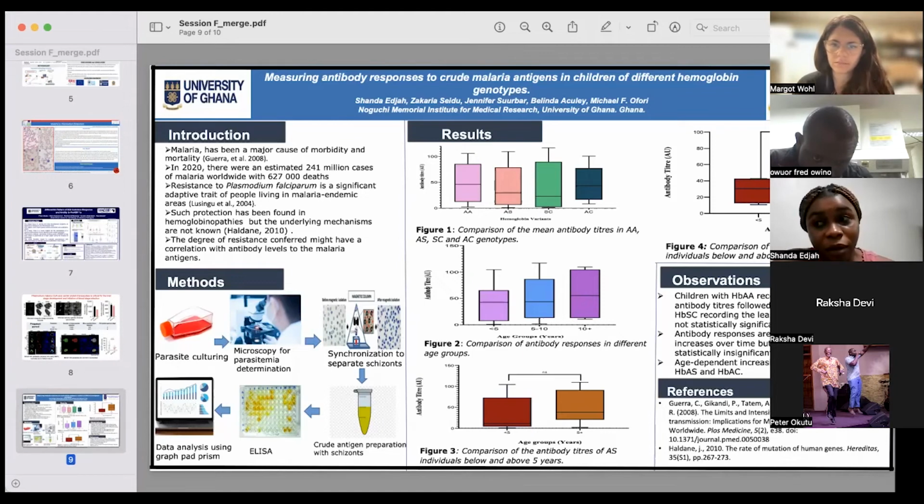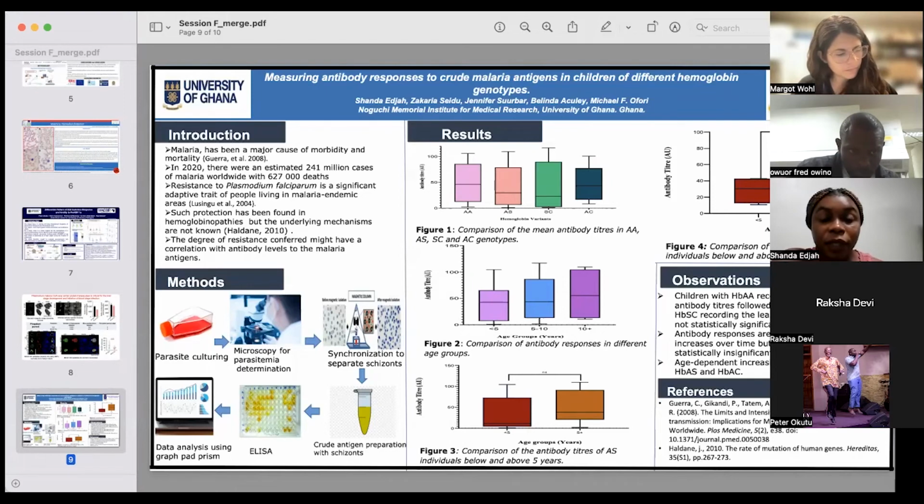The results were statistically insignificant, but we attributed the low mean antibody responses seen in the hemoglobinopathies to the fact that in hemoglobin S, the sickle shape makes the RBC environment very hostile. So it prevents the invasion and the normal growth of the parasite in the hemoglobin S RBCs. And